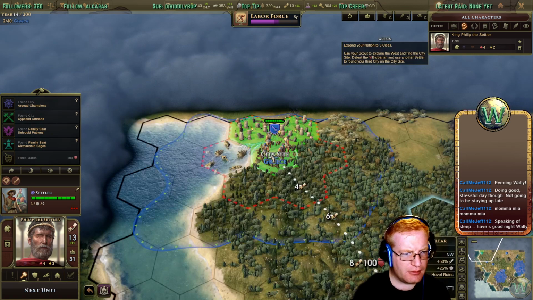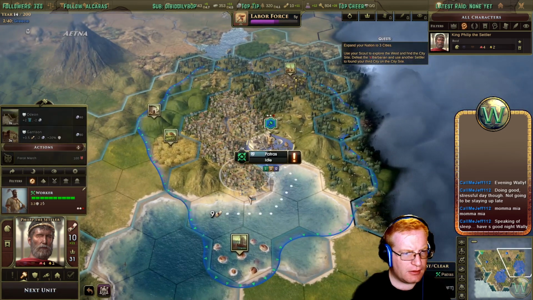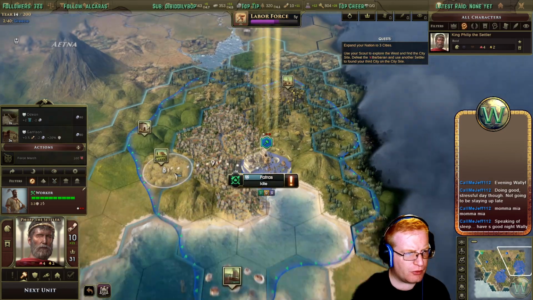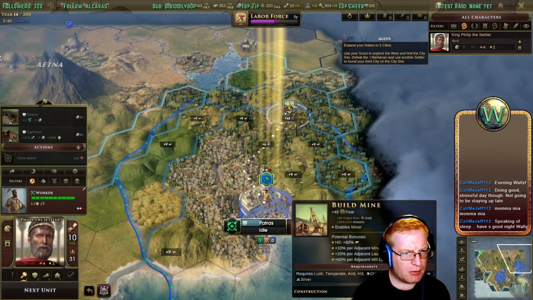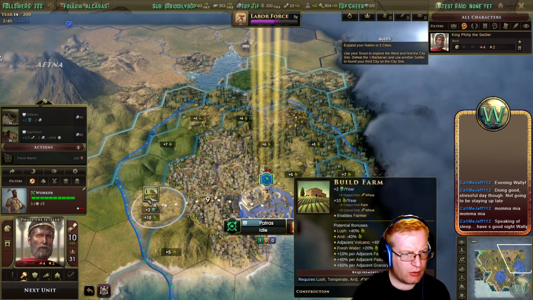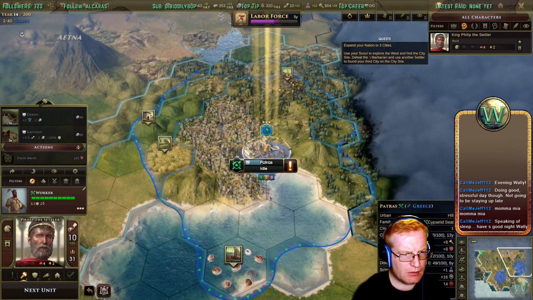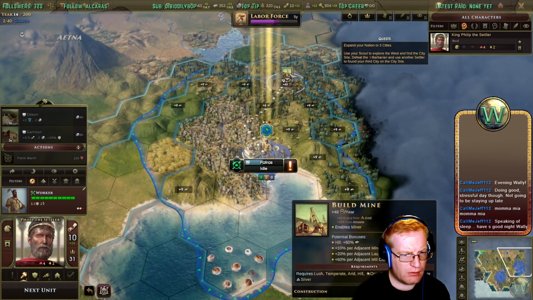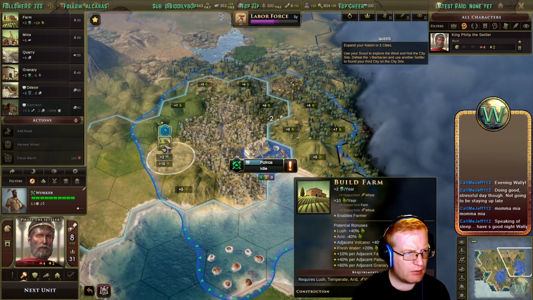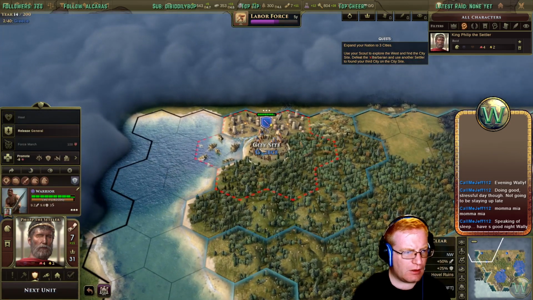Settler, come on up here. Take you a couple more turns, that's fine. And I want you to do some work. Let's see, do we want to build a mine on the gold? That sounds reasonable. Or we could do a farm or a granary. Let's do the farm first, probably. And then...